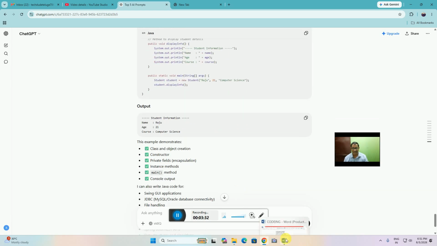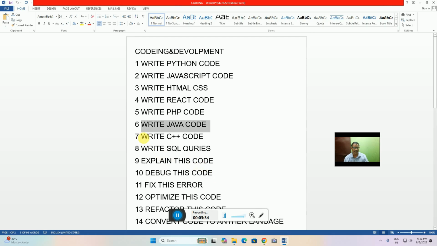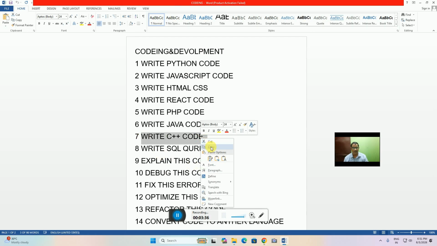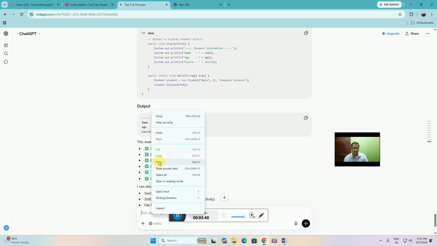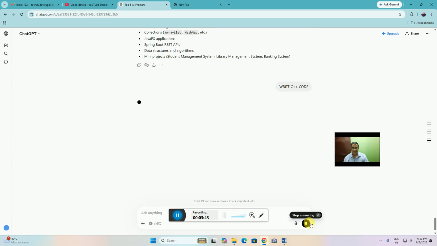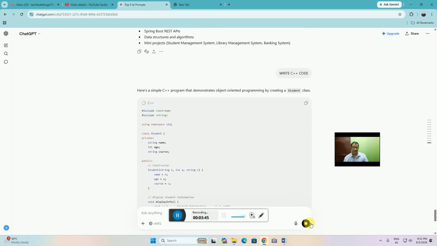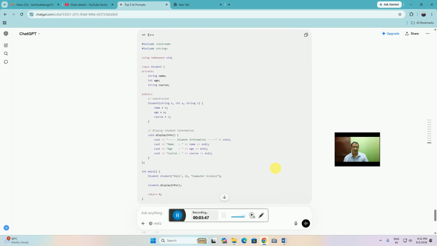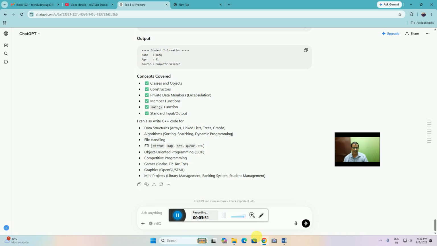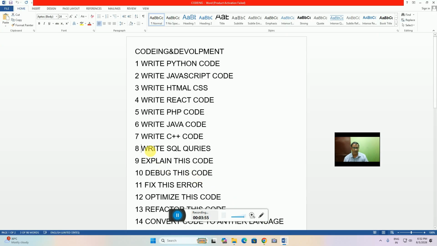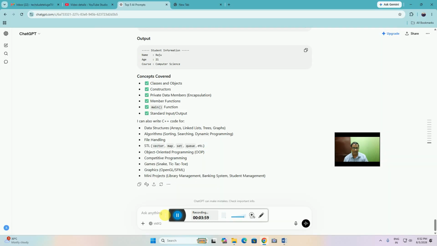After that, another prompt is: write C and C++ code, and this comes, and after that the output comes this way. Another prompt is: write SQL queries,